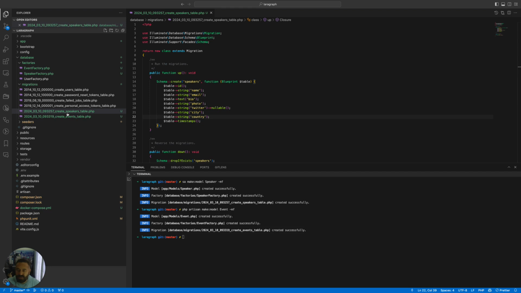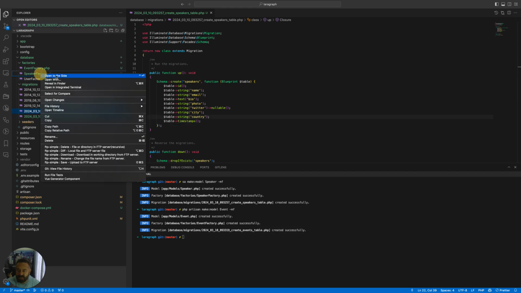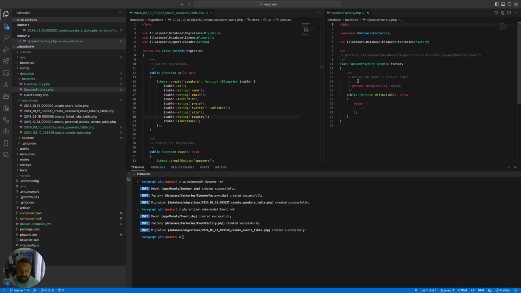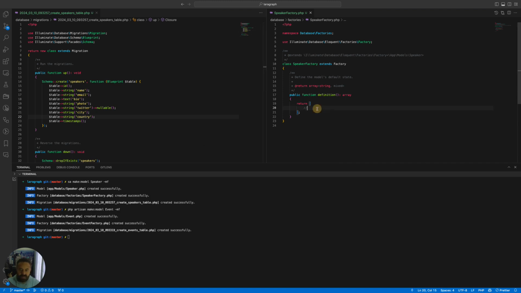Okay, so we have the speakers again. We'll open the speaker factory on the side. So that's a really nice feature with VS Code that I like. So okay, now it's taking the hint and it's using the new syntax. So email, bio should be a paragraph. Photo, I think we should be